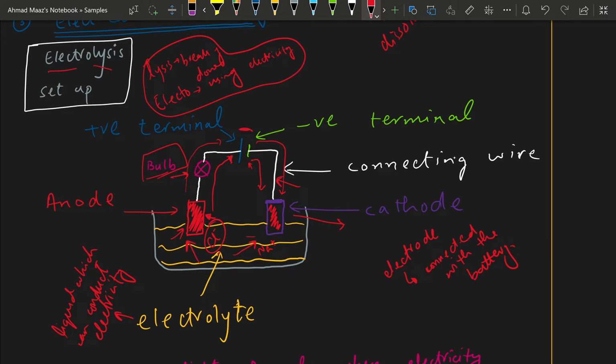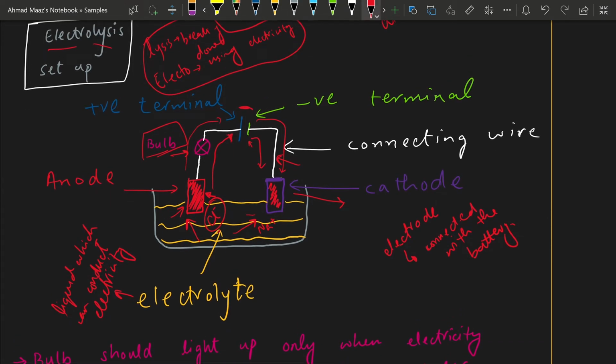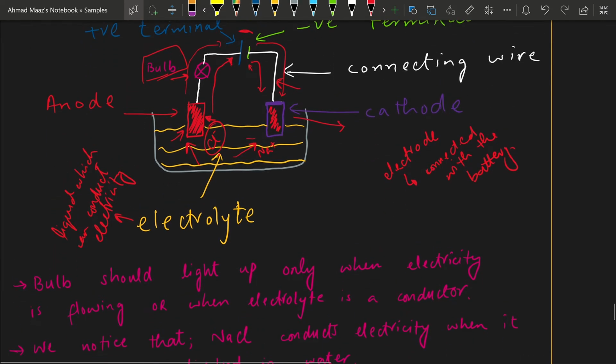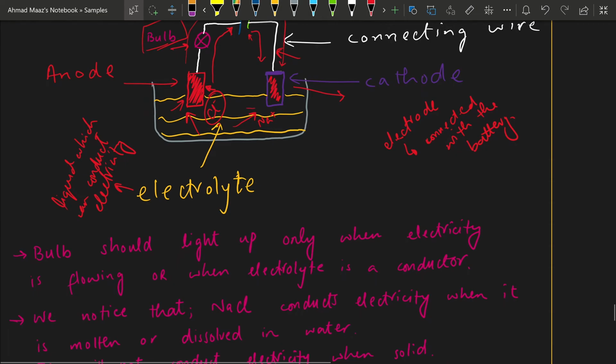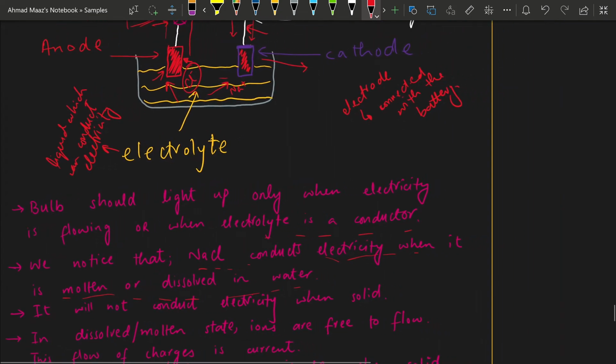If this is the case, then the bulb must light up. This means that if the charges of these ions are flowing in an electrolyte, then electricity should pass and this bulb should show some light. And the bulb should light up only when electricity is flowing, or when the electrolyte is a conductor. And what do we notice? That NaCl conducts electricity when it is in molten form or dissolved in water,